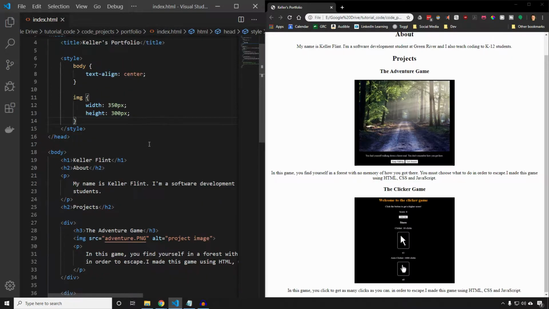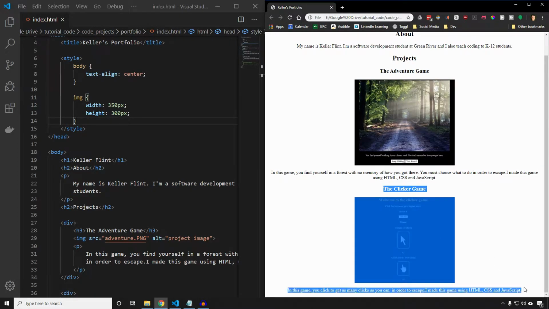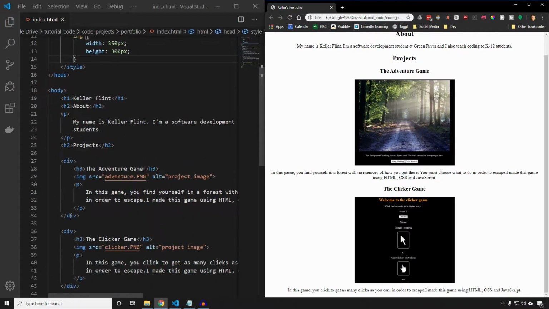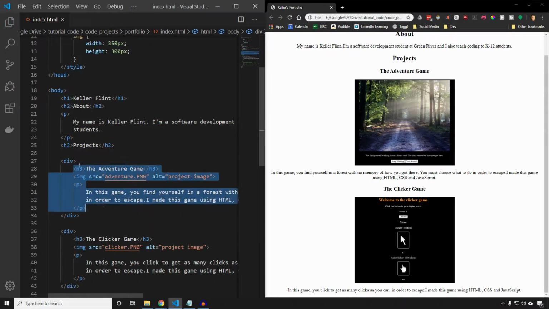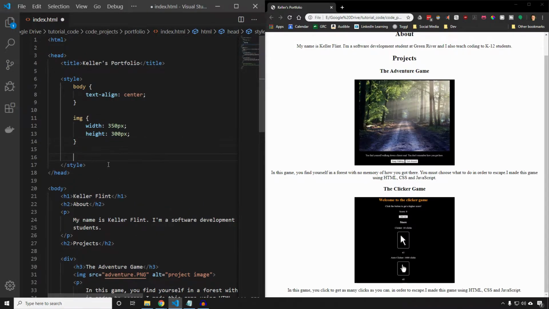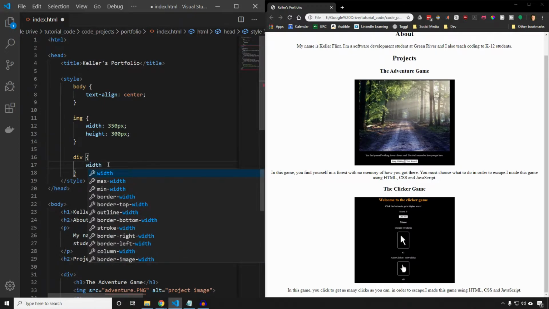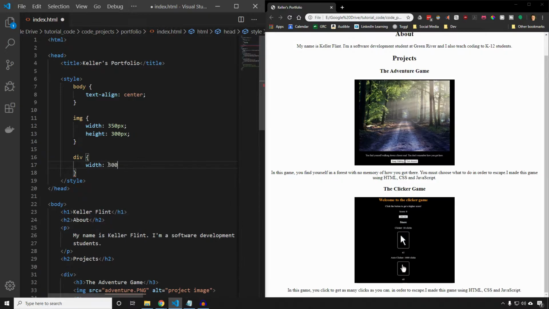So remember, the divs are what is surrounding basically these three elements on the page. For each one of our projects, we have a div surrounding them, right? We have the div right here, and then under the div, we have each of these elements inside of the div. And so when we style the div, we're sort of also styling everything inside of it. So when I create a rule for a div and I say something like, I want to set all the divs' widths to be equal to 400 pixels,